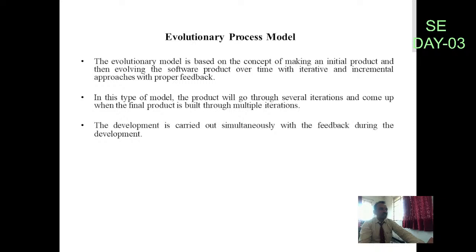Now, when we discuss the evolutionary process model, it is entirely based on the concept of making an initial product and then evolving the software product over time with the help of iterative and incremental approaches with proper feedback. In this type of model,